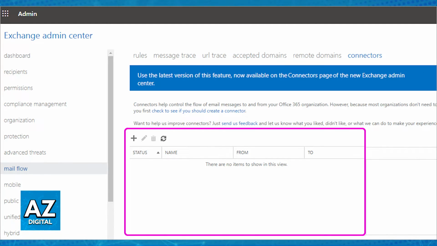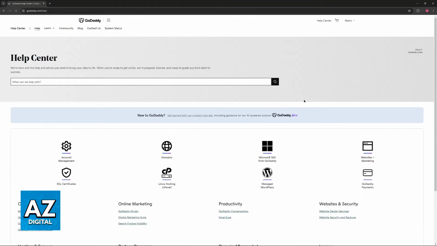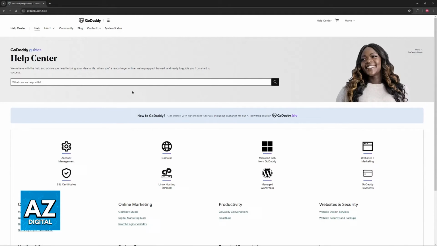Now, you will be able to completely disable Proofpoint Essentials from any GoDaddy email address that you have, and it is extremely simple to do through Exchange Online. If this doesn't work, or it keeps coming back, then what you can try to do instead is talk to the support. This is because it's an automatic thing done by GoDaddy, and a lot of users are not satisfied with the implementation of Proofpoint Essentials.